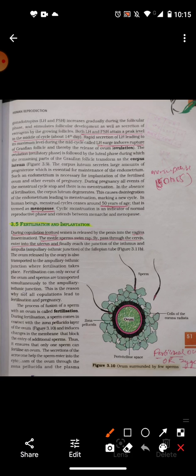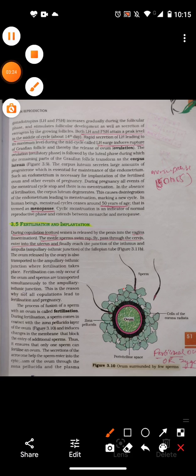The spermatozoan is a tadpole-shaped cell, whereas the ovum is a spherical or oval cell. The spermatozoan is not protected by any covering or coat other than its plasma membrane, but the ovum has a zona pellucida and corona radiata outside its plasma membrane. The spermatozoan has a protein, antifertilizin, on its outer surface, but the ovum has a protein, fertilizin, on its outer surface. So this is the difference between the spermatozoan and the ovum.